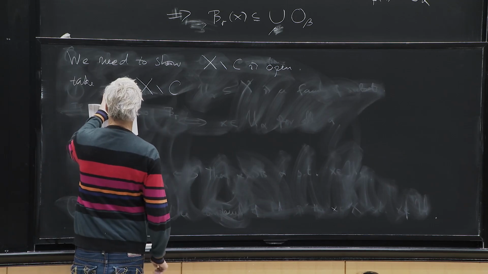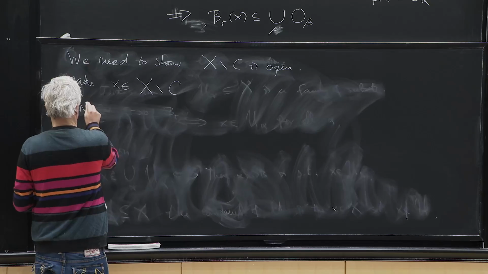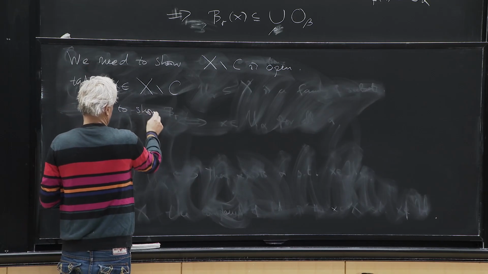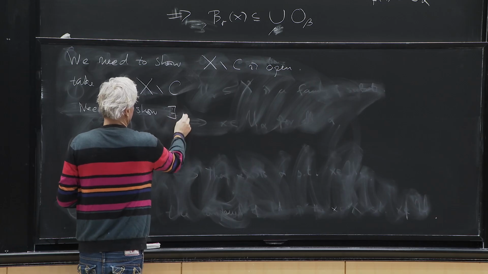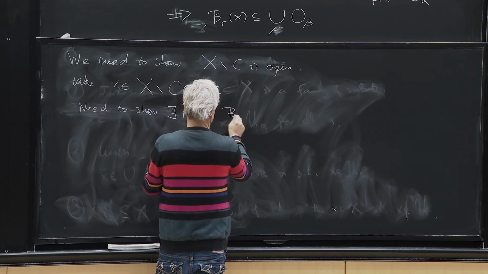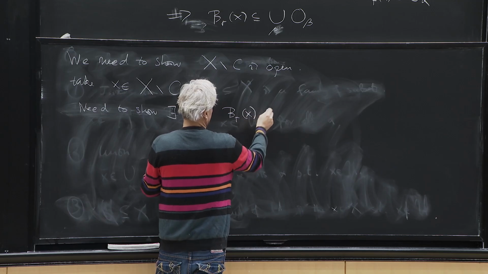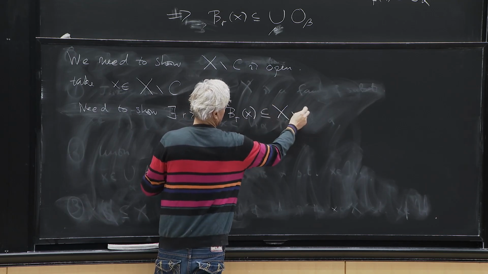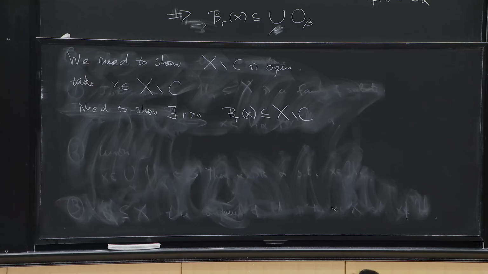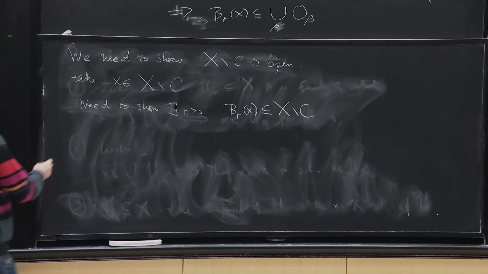We take some x, and we need to show that there exists some r strictly bigger than 0, so that this ball here is contained in the complement. Right? That's what we need to prove. We need to prove this for each x in the complement. Right? Now suppose that this was not the case,